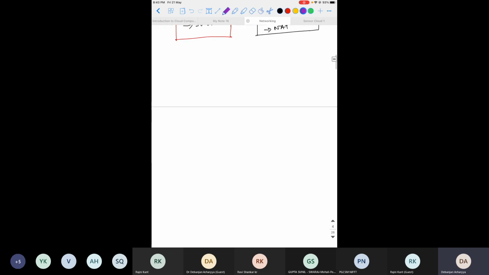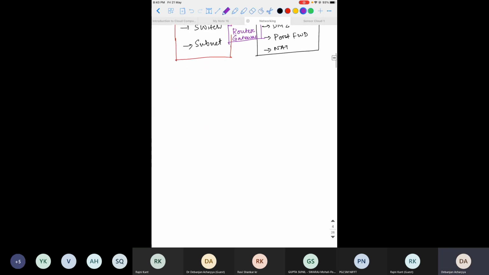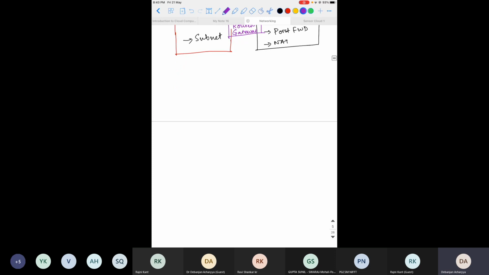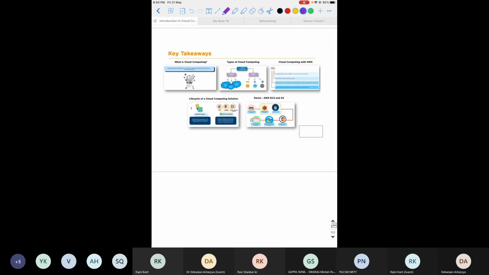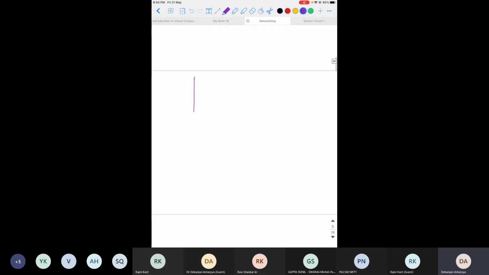Now let's start with the LAN, the local area network, with a very good example of a school. So for example, you have a LAN network, and in the LAN network you have a computer, PC, laptop, printer, and another thing you have, that is a switch, and this is the LAN, local area.